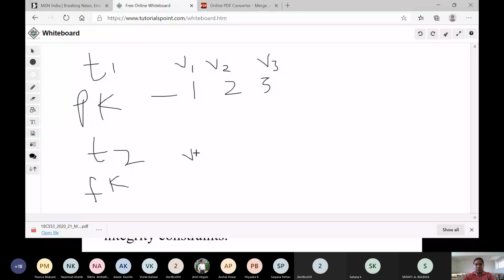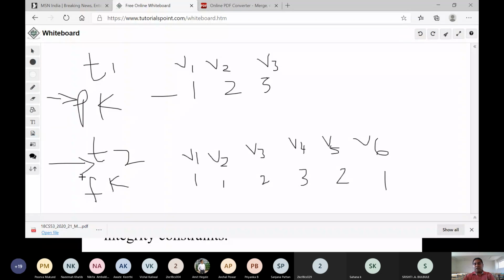So foreign key value V1 is 1, V2 is also 1, V3 is 2, V4 is 3, and V5 is 2, something like that. V6 is again 1. This is the primary key table, this is the foreign key table. Now if I am trying to update some records, see that my integrity constraints will have an effect.